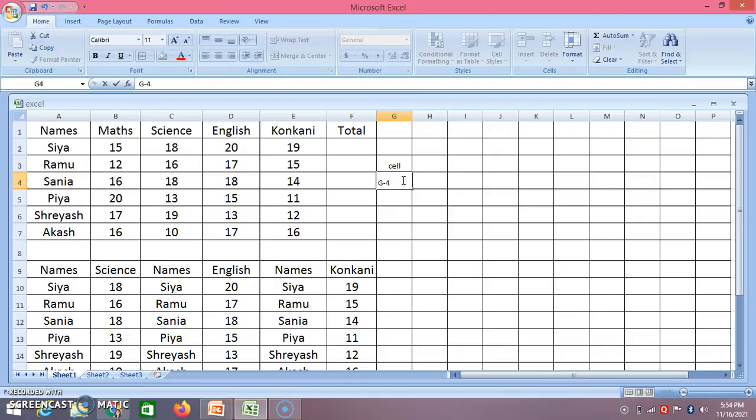Alright, understood what is a cell and what is a cell address. This that you can see here, students, is called a spreadsheet or a worksheet. So you can add as many